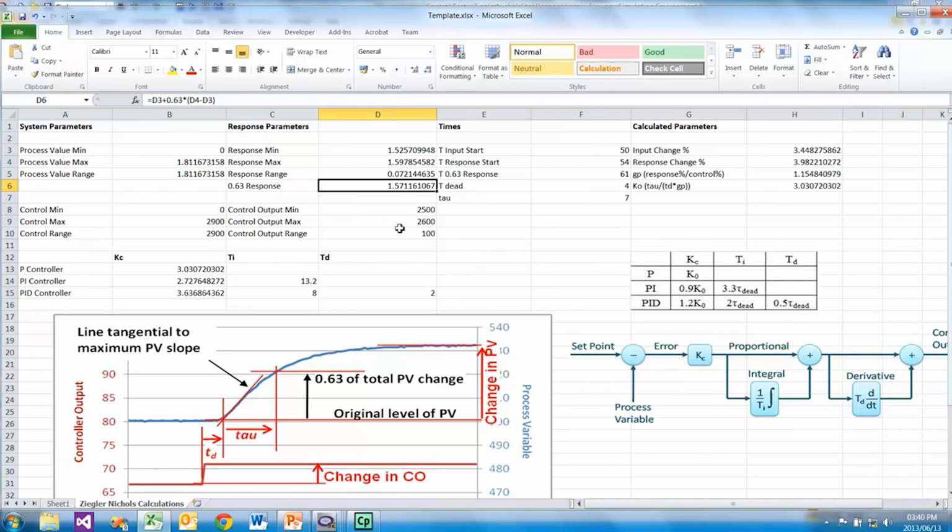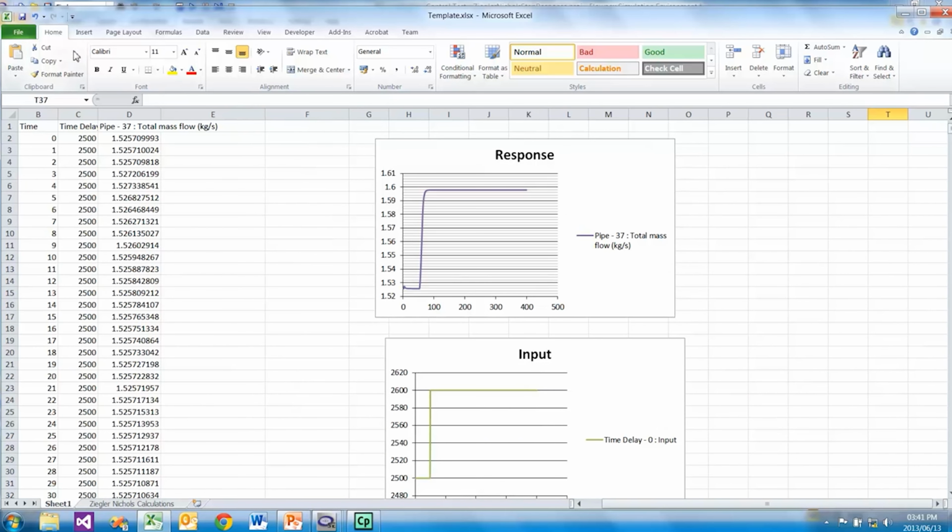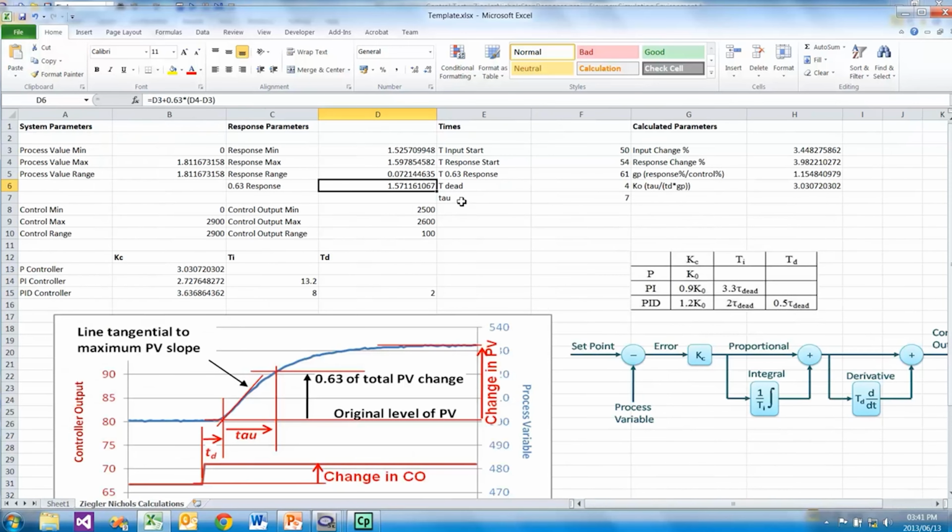And finally, we calculate what magnitude the process value is at 63% of the total change in process value. We can then quickly look up on the left hand side of our table at which time this value is reached.